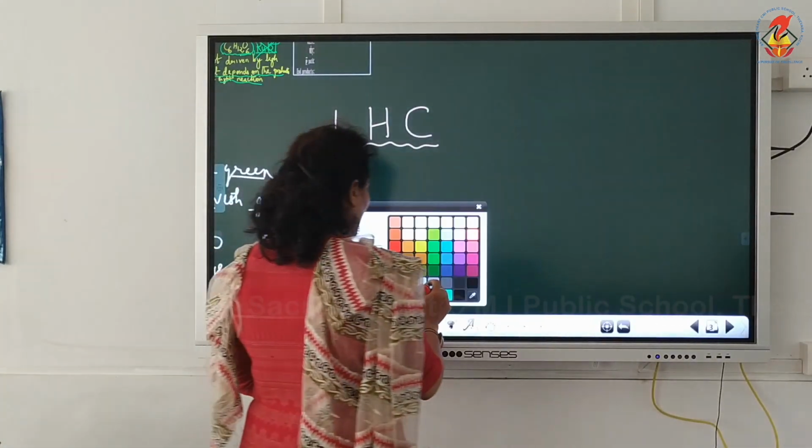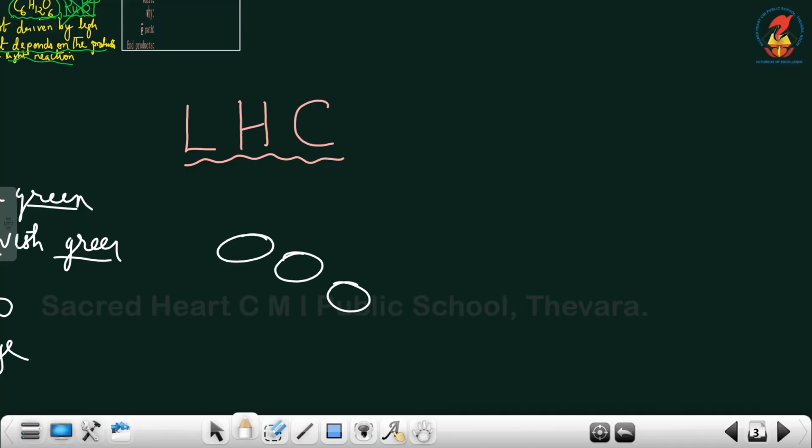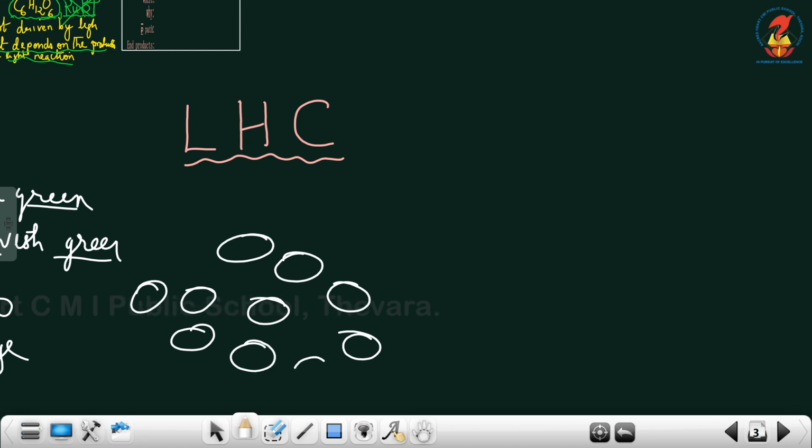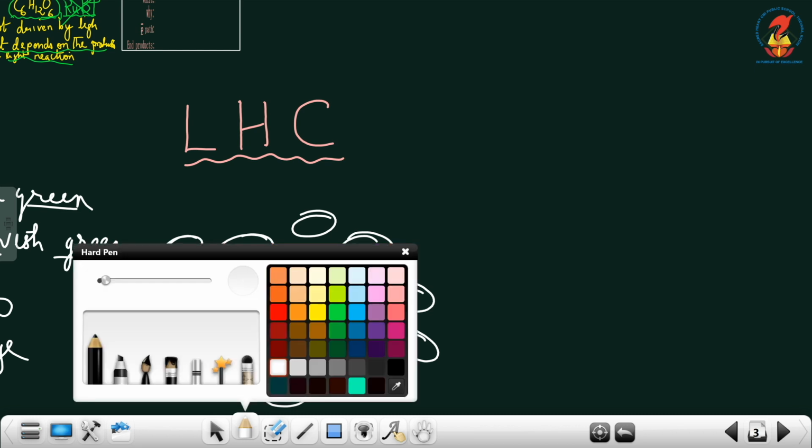So, I am going to draw all the pigment molecules, hundreds of them, but at random I am showing a few of them scattered. Just assume it is a cluster of hundreds of pigment molecules, and these molecules are that of